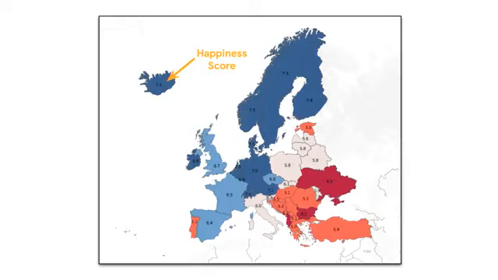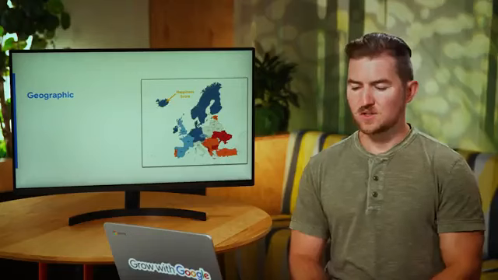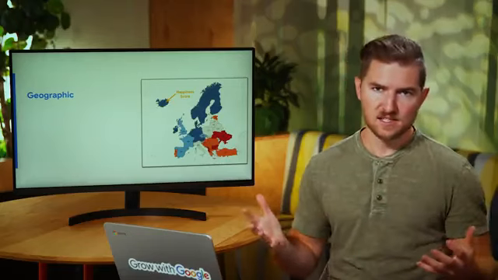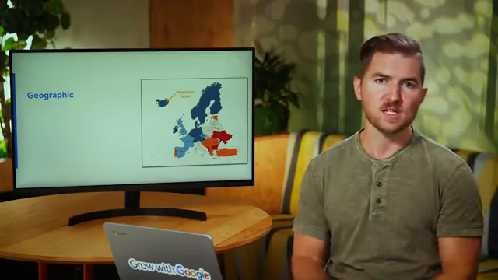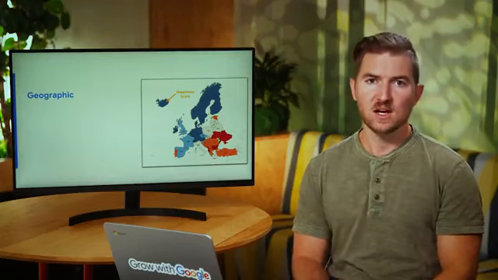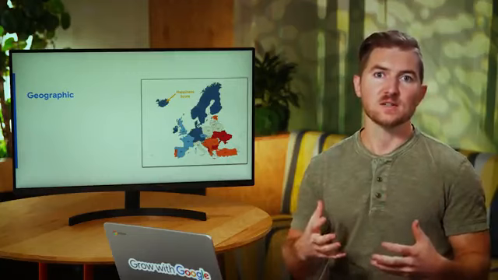So the darker blue the country is, the higher the numeric happiness score for that country. The deeper red that the country is, the lower the happiness score and overall numeric value. So what we've done before any text has appeared on the screen is explain the visual, explain the overall data that they're going to be looking at throughout the presentation,